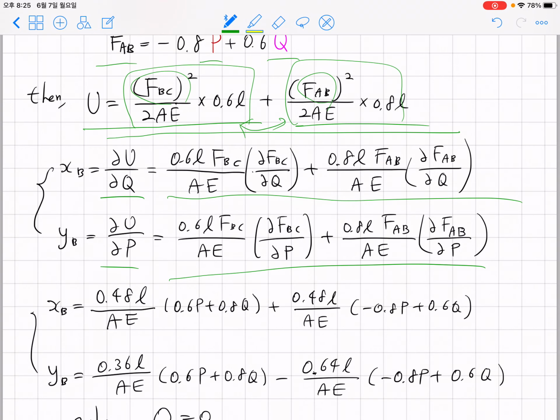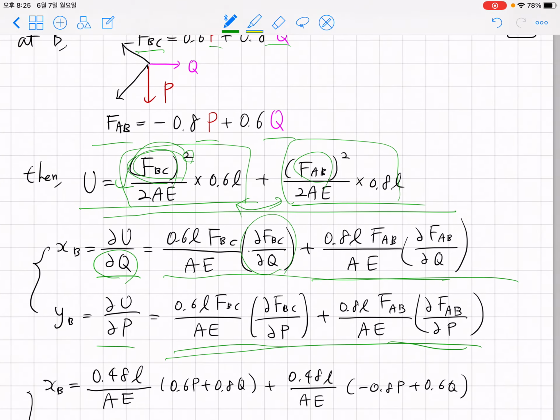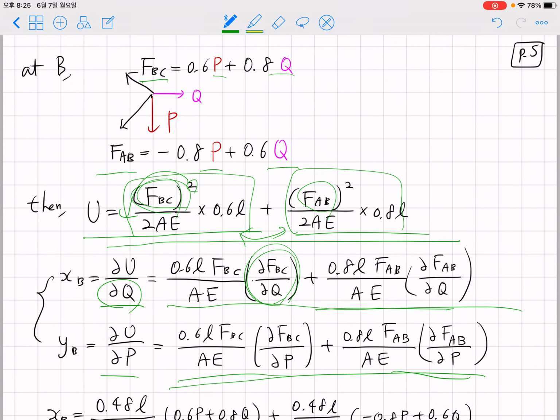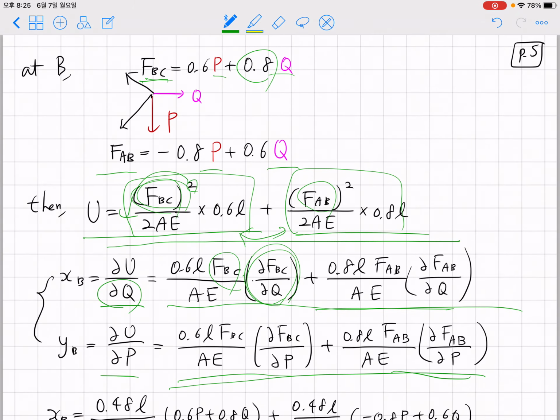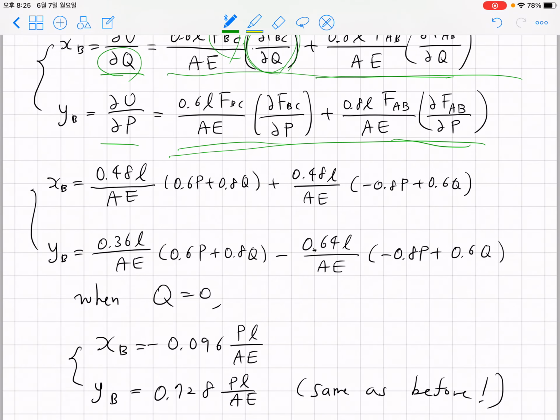Okay, so regarding the details, you can do this by yourself. If you do partial Q, 2 will move here, and you have FBC, and you have partial FBC partial Q, and you can do the same thing for the other terms. Okay, after obtaining these, what you can realize is, if you do partial FBC partial Q, you're gonna have a simple number 0.8, and for FBC, you plug in this entire expression. Okay, then after repeating this simple practice for the other 3 terms, you can obtain the full expression for XB and